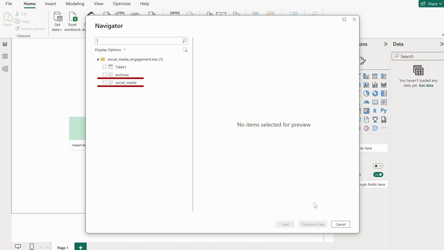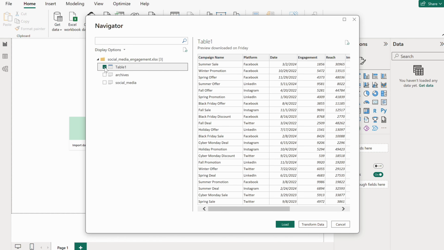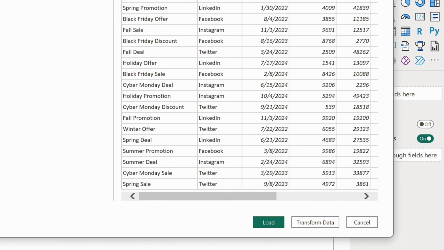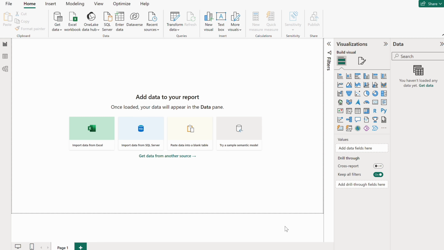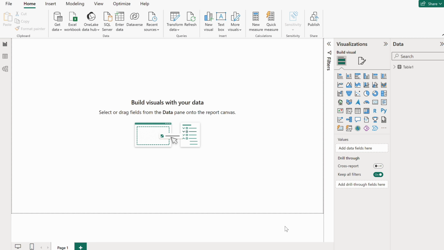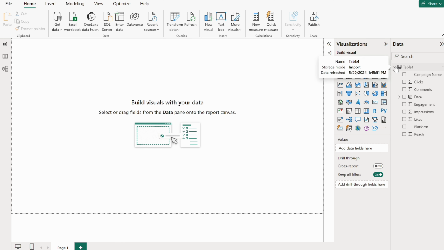Select either sheet or table to preview it. You can import both types of files, but tables are arguably a better choice, as they have a well-defined structure with clear headers and data types, and as such, make it easier for Power BI to correctly understand the imported data. You can load data directly, or choose to transform it, which will send you to the Power Query editor. I'll show you that part in a moment. For now, let's just load my data. And here it is. Let's rename the table right away.